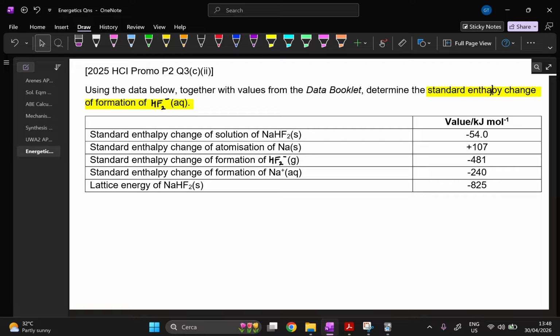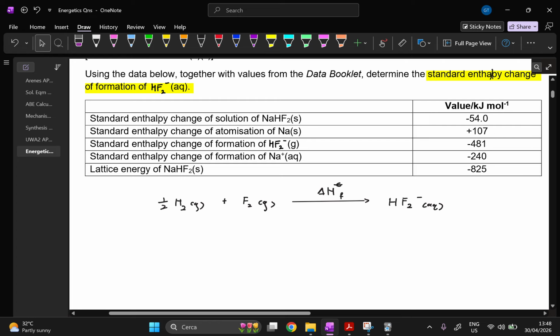So that is going to be I go from my standard state. So my standard states, I have half hydrogen gas plus fluorine gas. I'm interested in finding this. This is my unknown standard, so I must have this not symbol. And I get HF2 minus aqueous. Obviously, ion is aqueous. Actually, no, not obviously. Can also be gas. Ignore what I just said. Anyway,